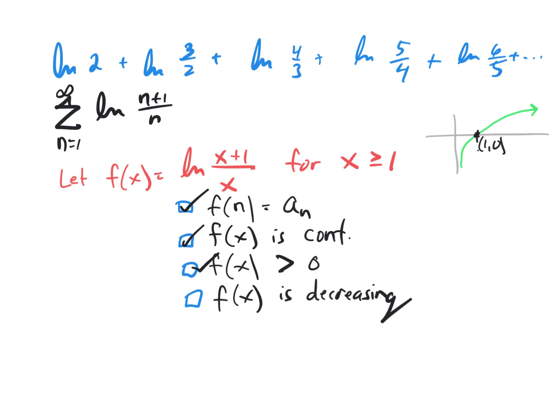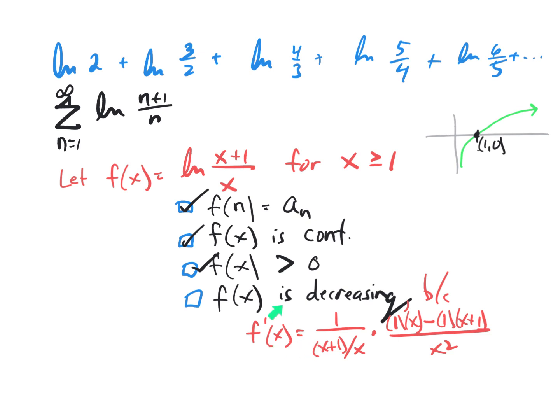Finally, the last condition, will f of x always be decreasing? Let's find the first derivative. So the derivative of the natural log is 1 over this expression multiplied by the derivative of the expression, which will have to be the quotient rule. Derivative of x plus 1 is 1 times the denominator minus the derivative of the denominator times the numerator, all over the denominator squared. When we simplify this, we get